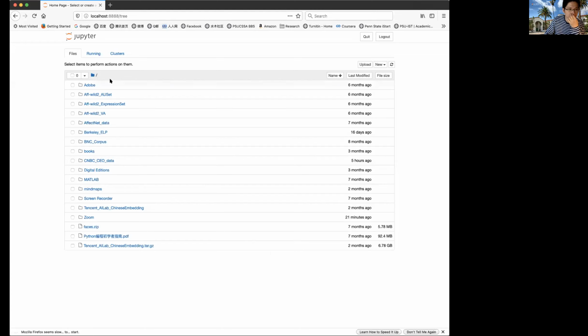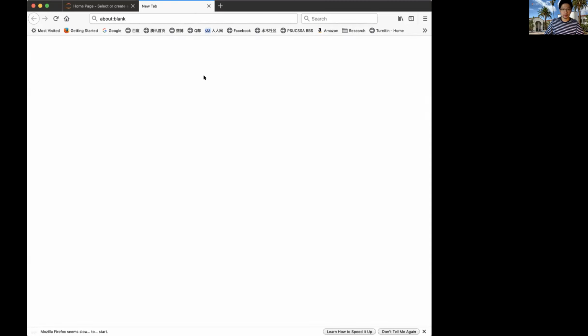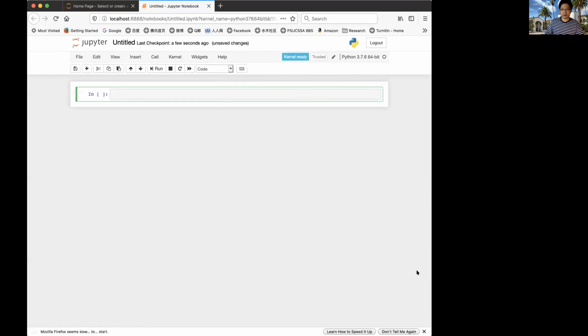As you notice, this browser view contains everything in the folder where I started the Jupyter Notebook. Right here I can do something like files. I can create a new Python interpreter, Python 3 or Python 3.7. Let me create a new Python 3.7